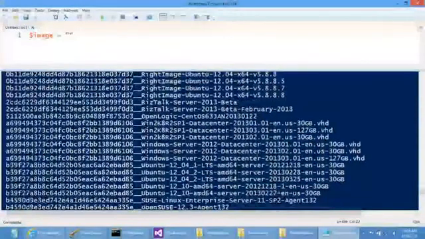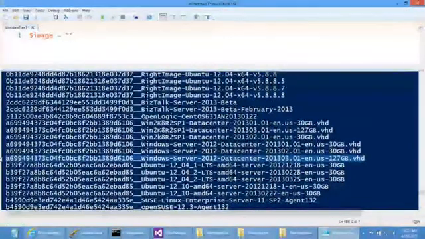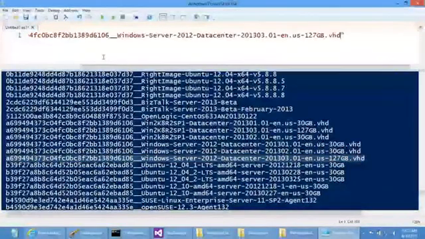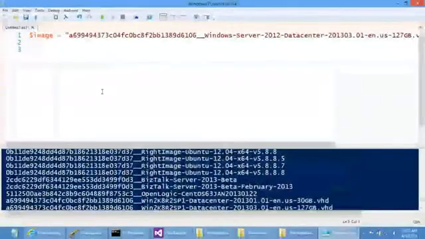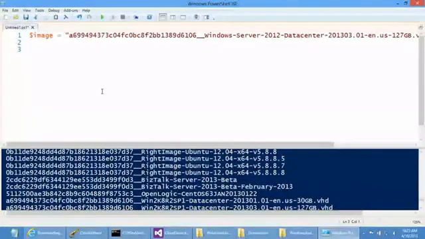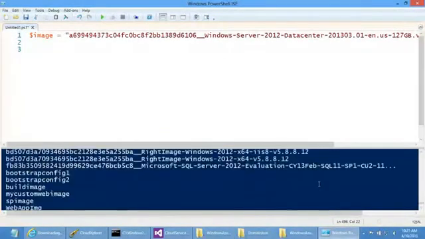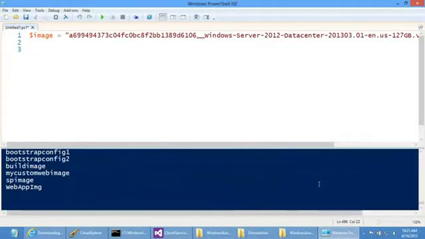So I'm going to grab the Windows Server 2012 image, and store that in a variable. I have a bunch of my own images in there too. Yeah, that is a combination of the platform images that you have and also any custom images that are in your subscription as well. So if you look down at the bottom, I have quite a few of these that are my own. So I'm storing the image name in the image variable, and now I'm going to go ahead and create